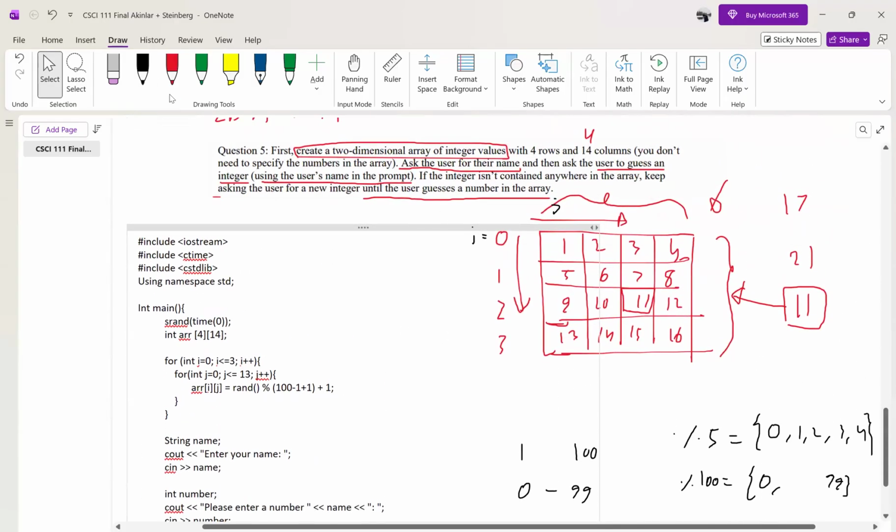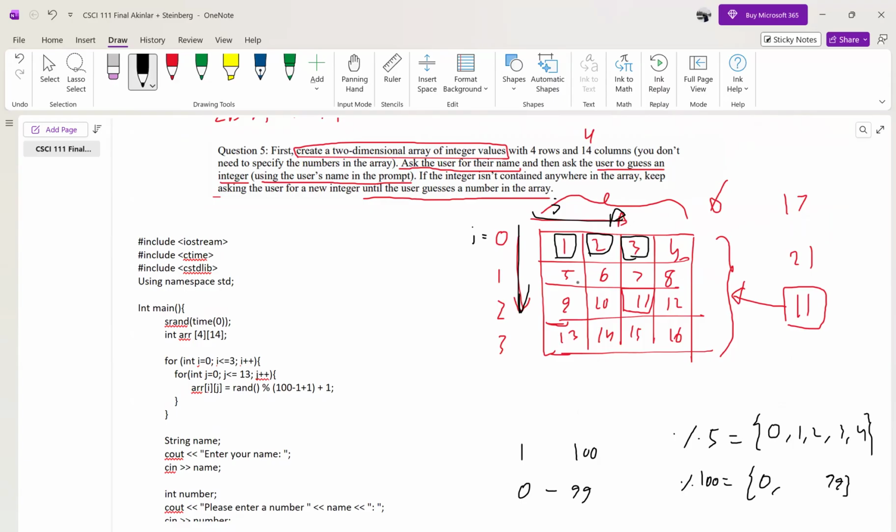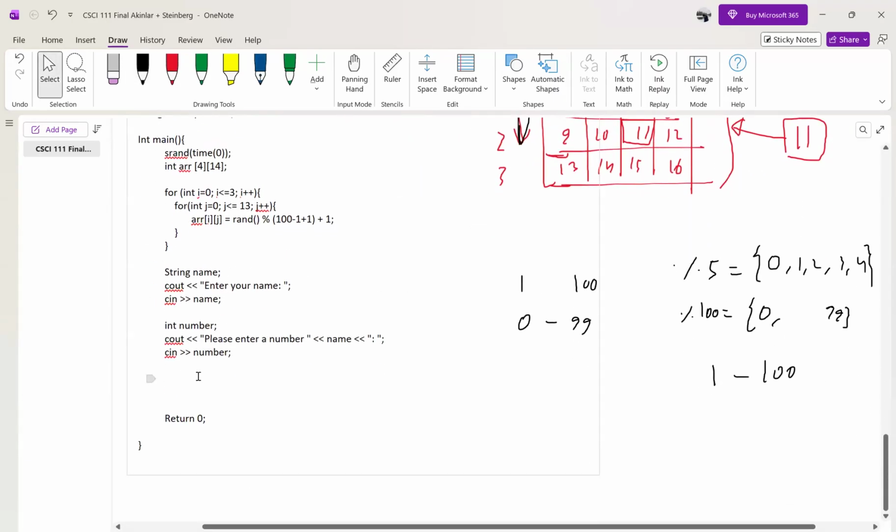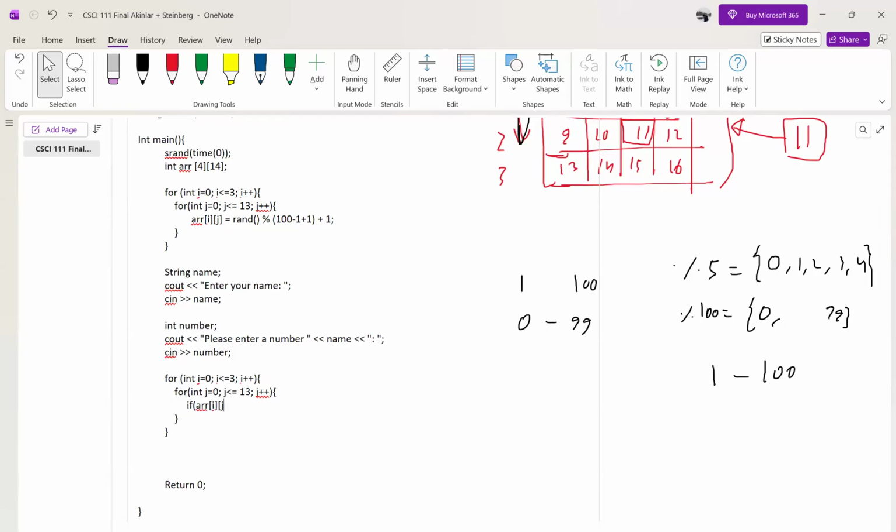Again, just go through the array, going row and then column, and then you check, is this number equal to the number the user sent? Is this number equal to the one the user sent? So I will do a for loop similar to this fashion to go through the entire 2D array. And then I'll check if the current value in the array, which is array at i and j, right? Similar to what I did here. If this current value is equal to the number that the user sent, which is